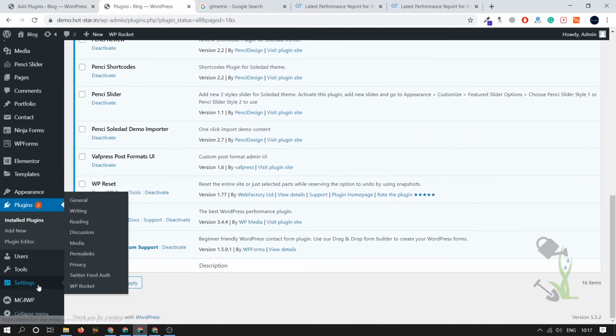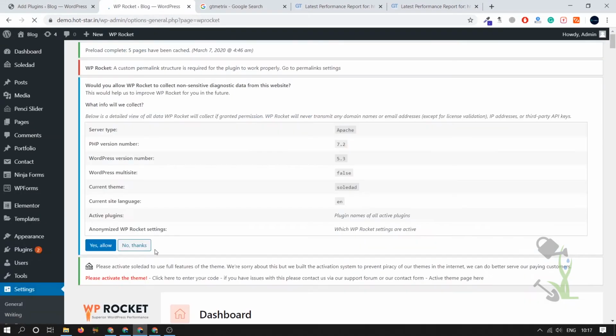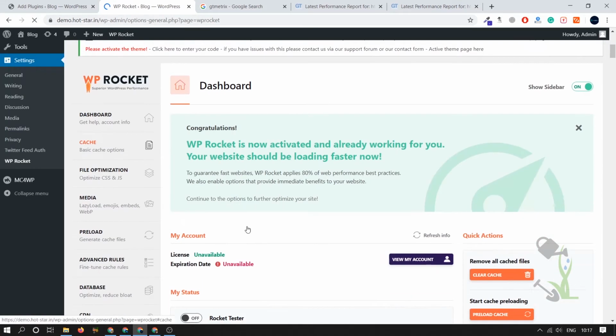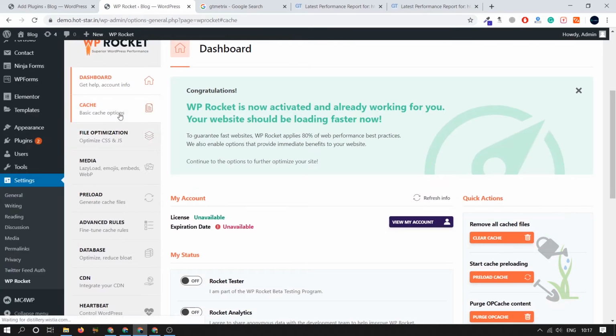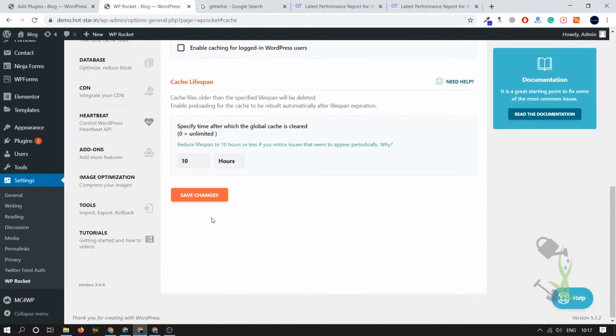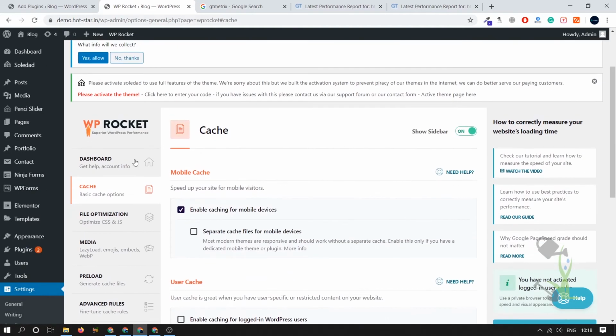Now we have to figure it out and configure WP Rocket. Click on WP Rocket, and we need to change some settings, right? In the dashboard we don't have to change anything. Come to caches, and here there's nothing to be changed. And here the